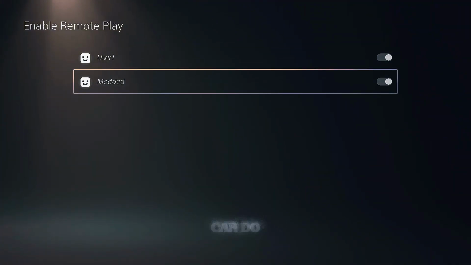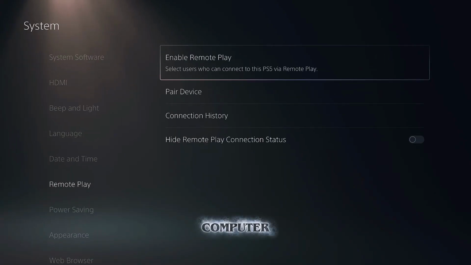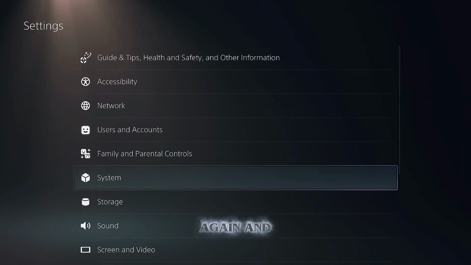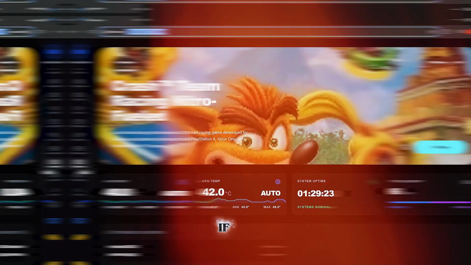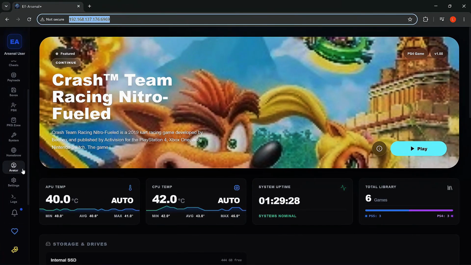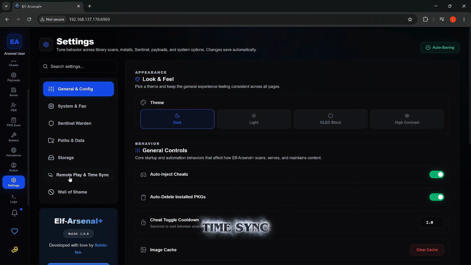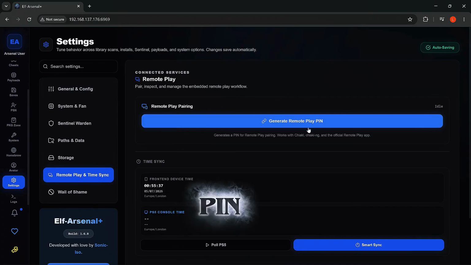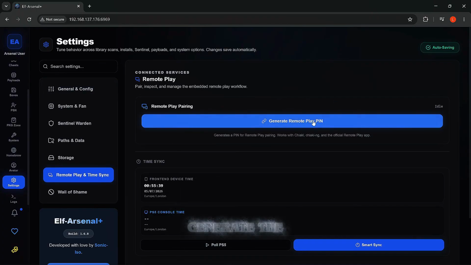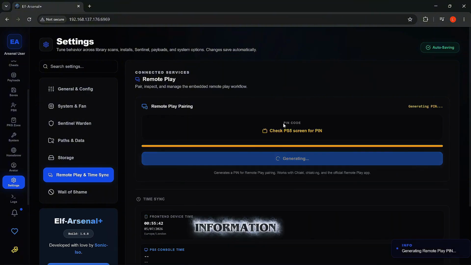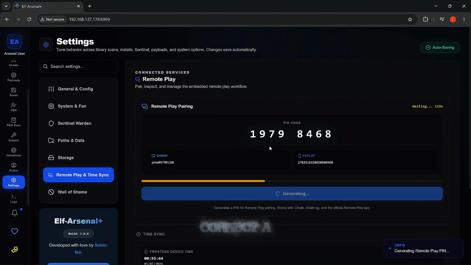And then from here, if we switch back over to the computer, once we're running Elf Arsenal again, and we can connect up to the web panel, if we head over this time to the settings and go to remote play and time sync, we can generate the remote play pin code right here. So we can just generate the pin code, and this will give us some useful information. Gives us the pin code to connect a remote play